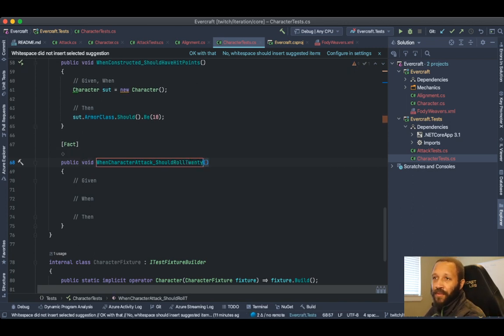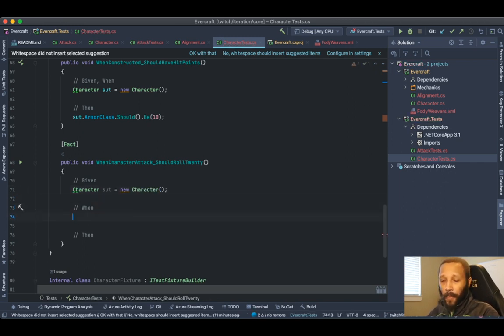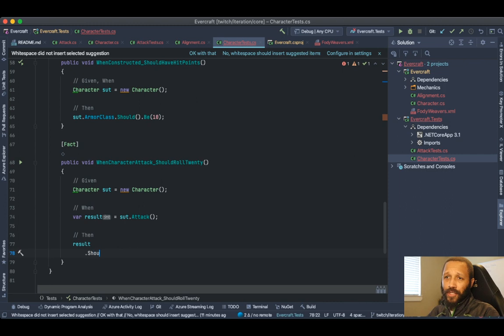I'm going to have to do that for this, otherwise it's probably going to drive me nuts. All right, so character system under test equals new character, var result equals system under test dot attack, and then we're just going to do the result dot should dot be